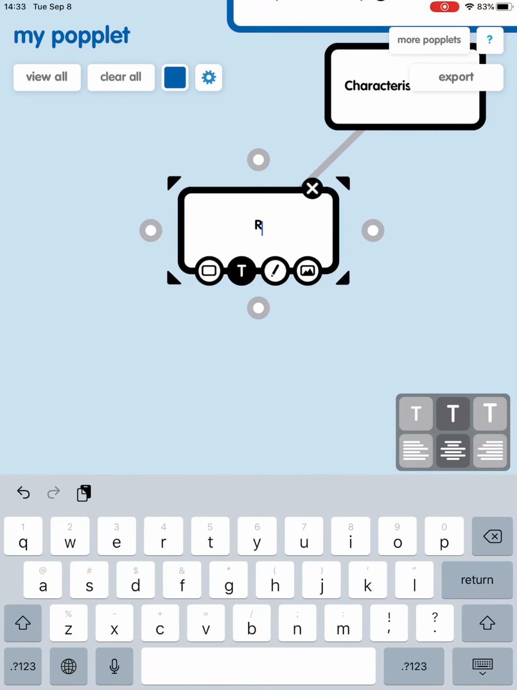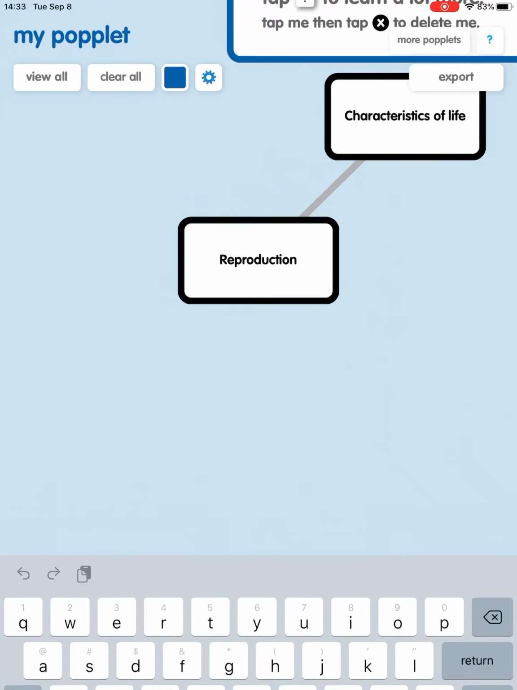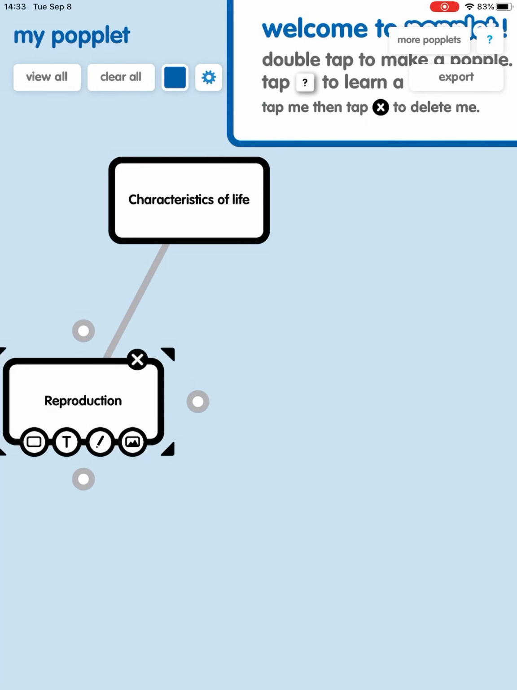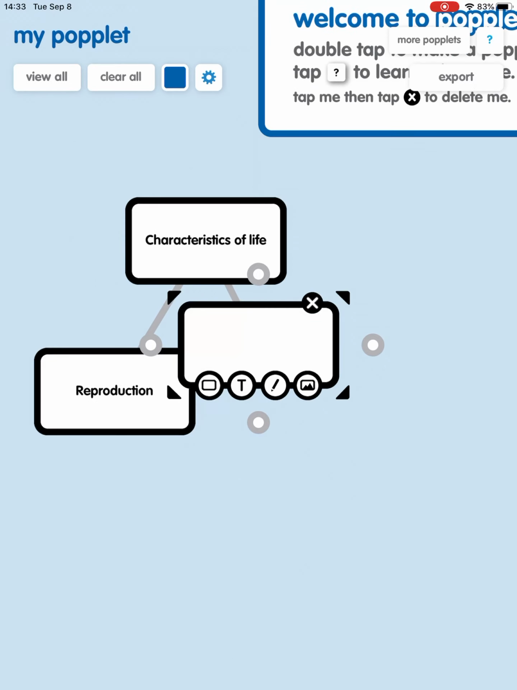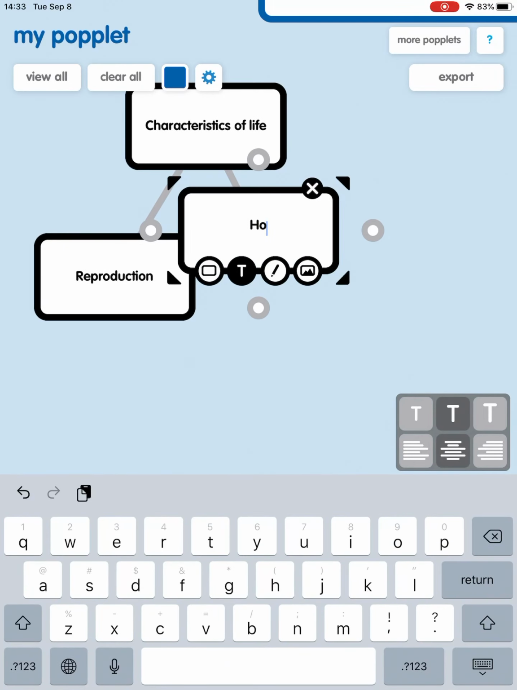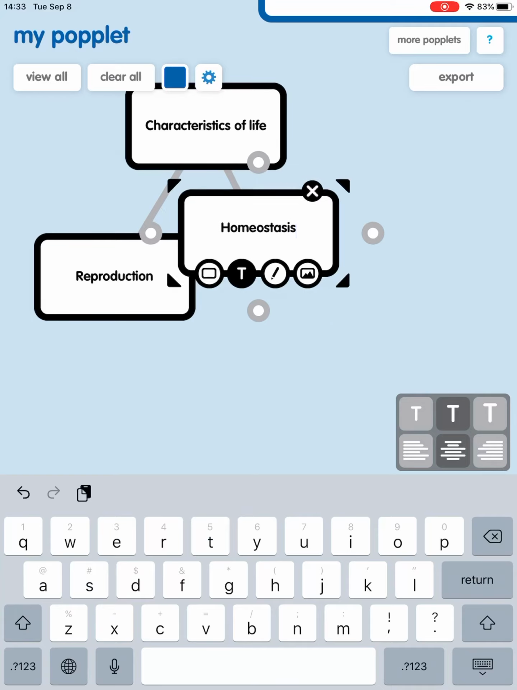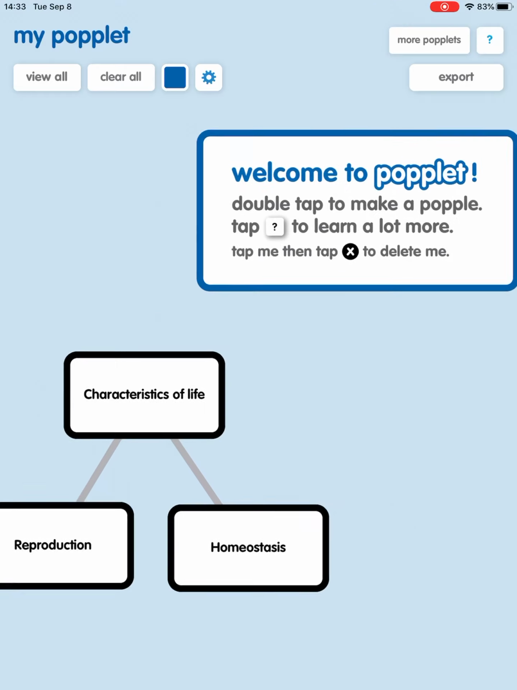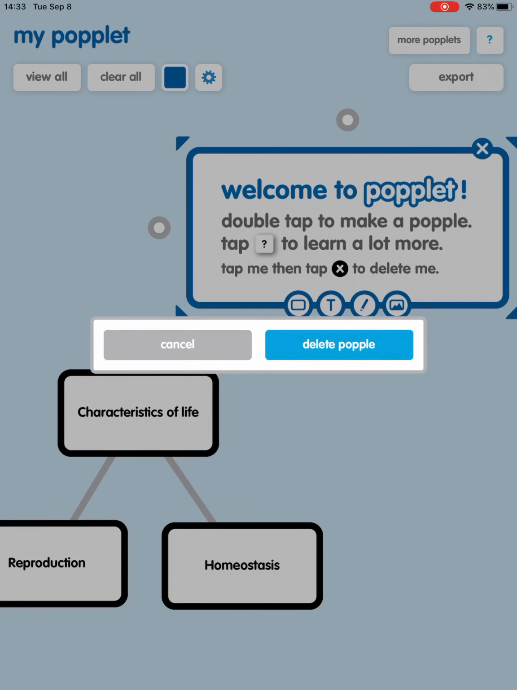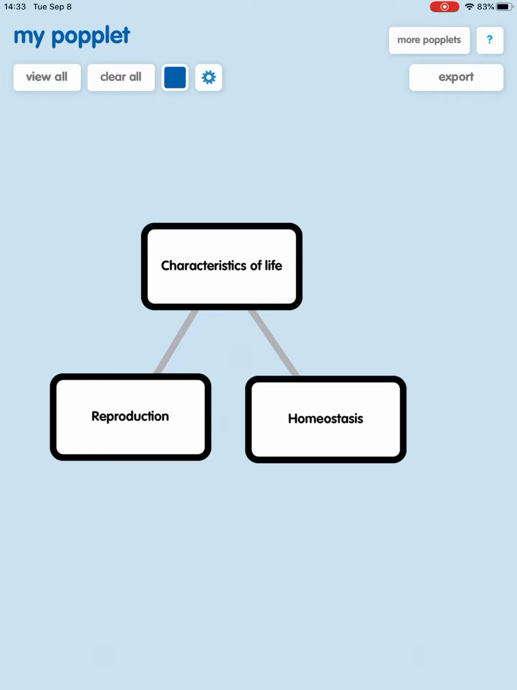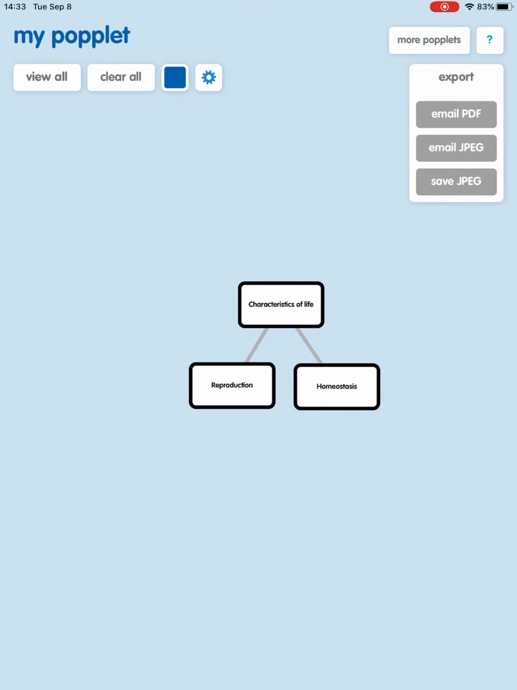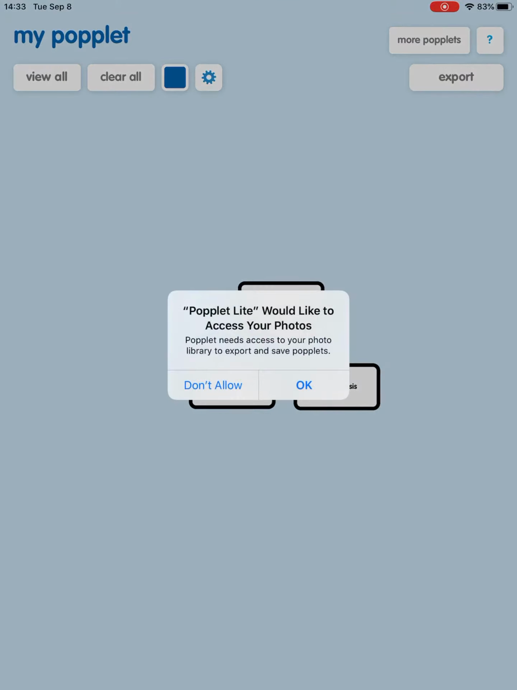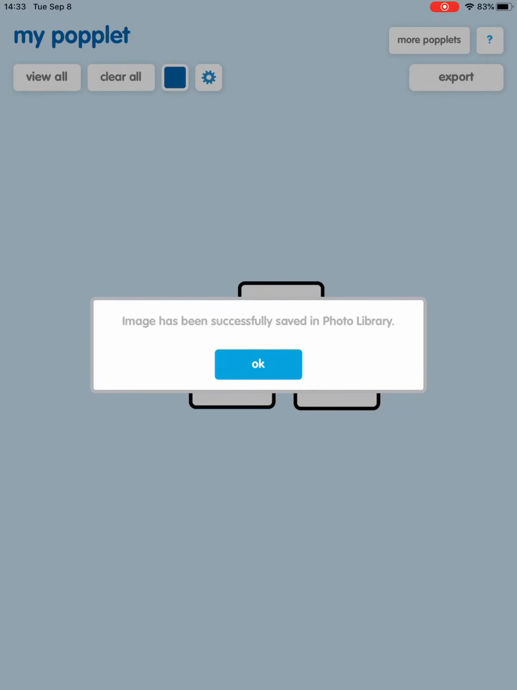Now I know that I have to type it. Reproduction. Okay. Let's pull a new line. Homeostasis. And then there you go. So this is Popplet. Let's erase that one. And there you have it. You can export it as a PDF, as a JPG, okay, or save it into your device, allow it, okay,